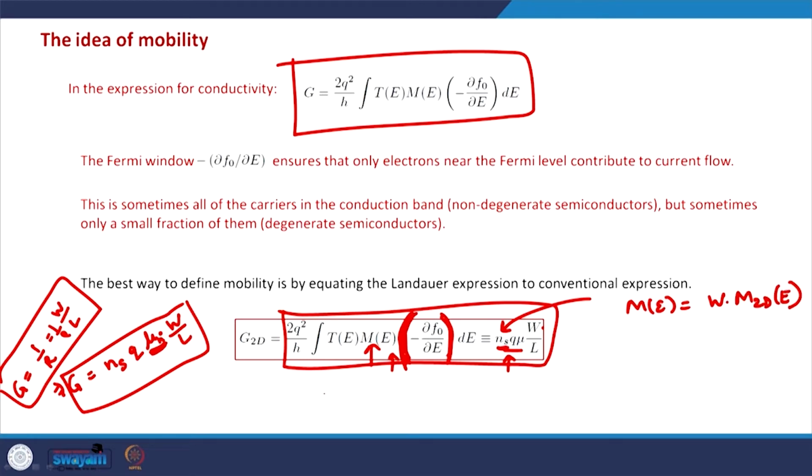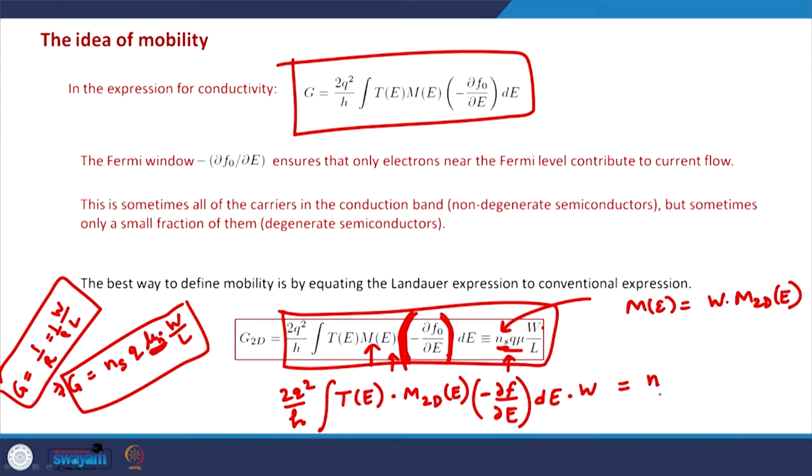So the left hand side is 2q square by h, integral of T(E) M2dE, minus del F by del E times dE into W, is equal to ns q mu n into W by L. So this W and W are cancelled, and if we bring everything apart from the mu term to the other side, this mu n can be written as 1 by ns,